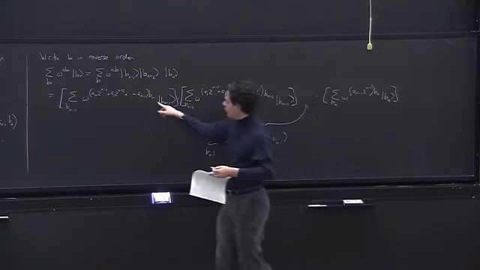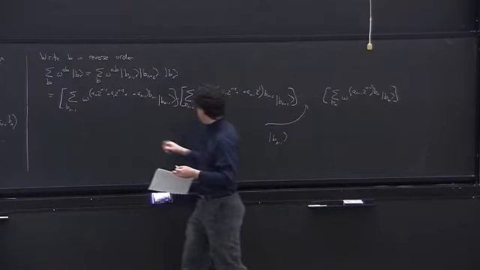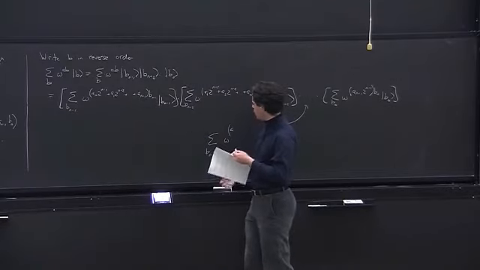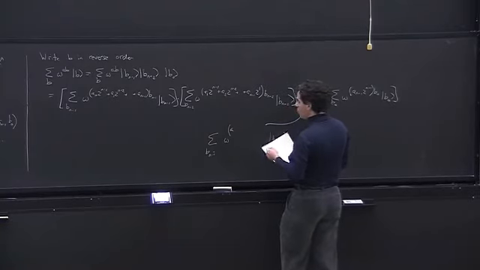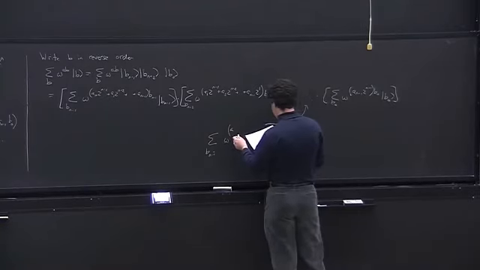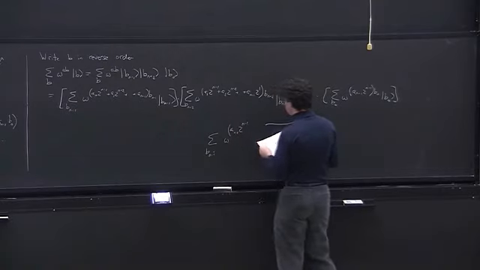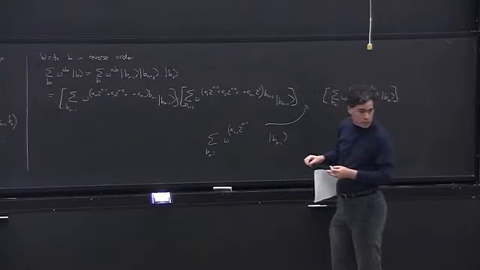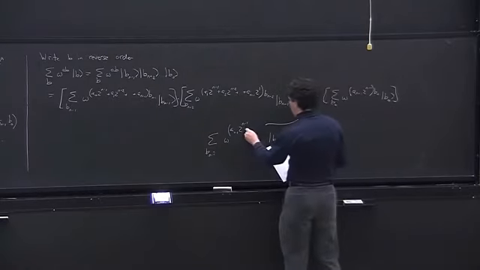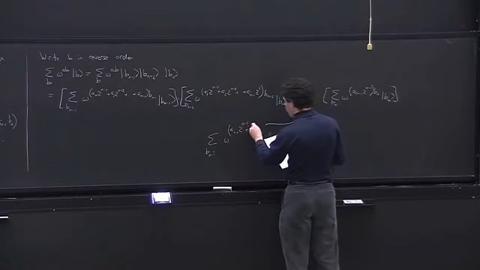Well, b_{n-1} starts with a0, b_{n-2} starts with a1, and so in general b_{n-i} will start with a_{i-1}, and that's always next to 2^{n-1}. Then we have some sum of the smaller ones, which are a sum over j greater than or equal to i,